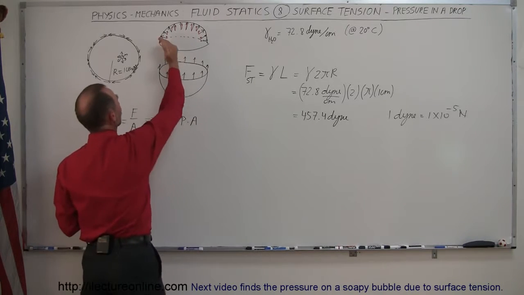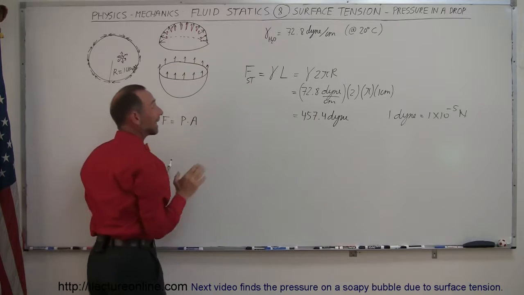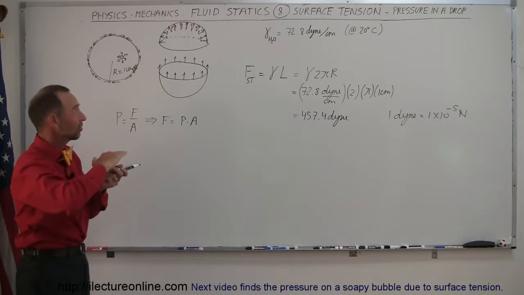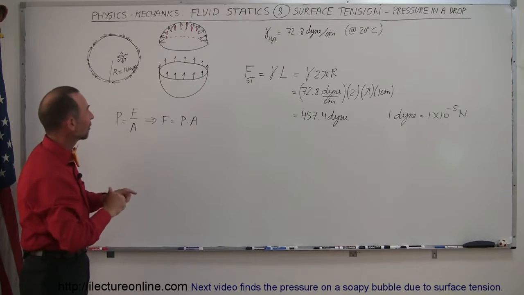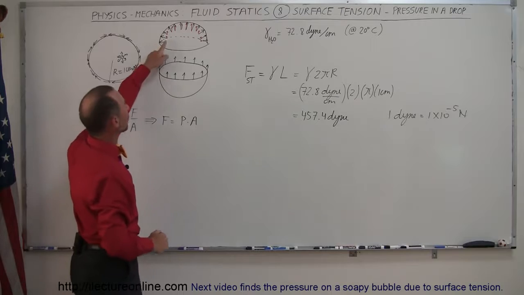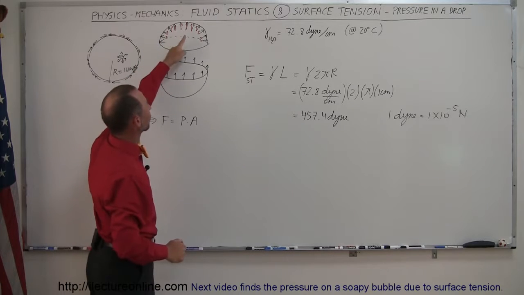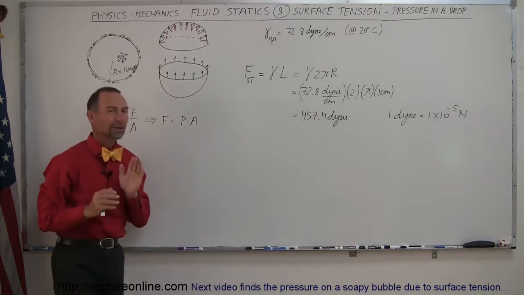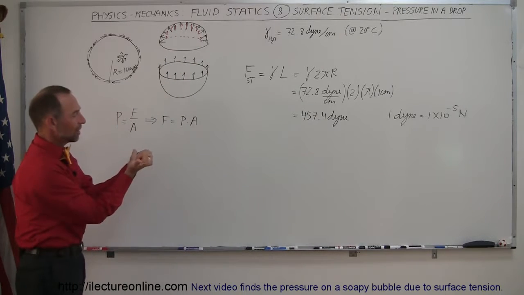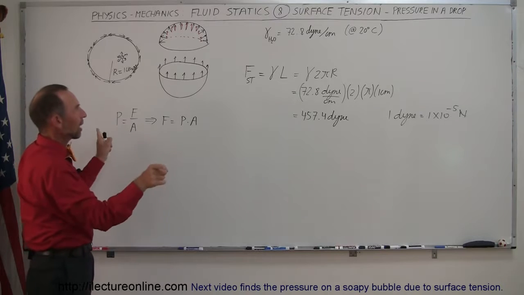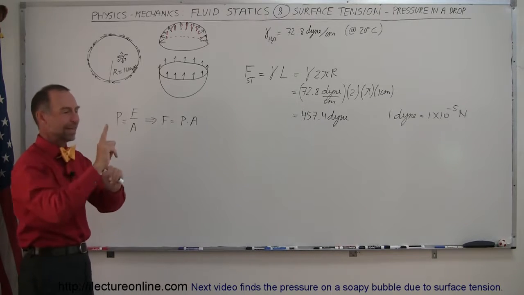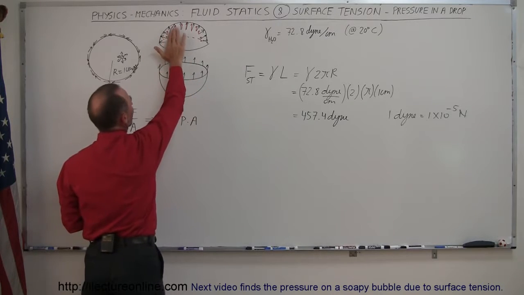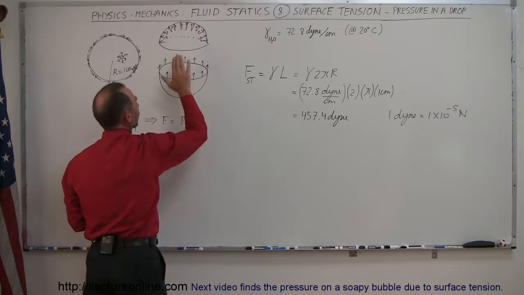Now notice that the pressure, of course, pushes in all directions radially outward from the center of the drop. But if I slice my drop into 2 slices, 2 semispheres so to speak, then I can notice that the force vectors pushing in all directions have a vertical component. The ones in the opposite direction push outward, so they don't cause any pressure in the direction of the force of the surface tension. So if I only consider the pressure in the direction of the surface tension, I only take the vertical components,